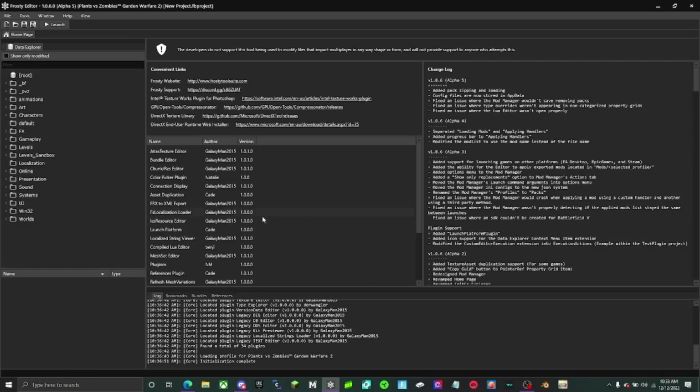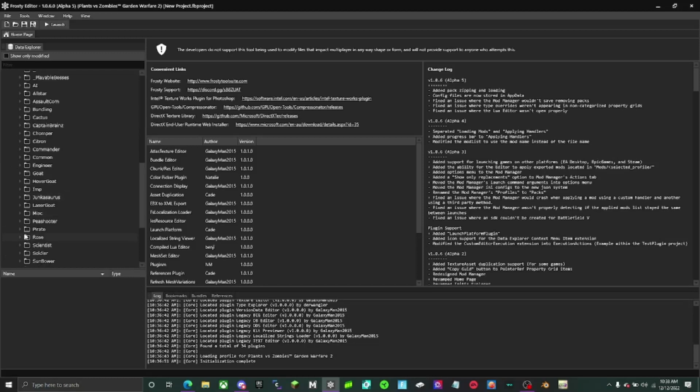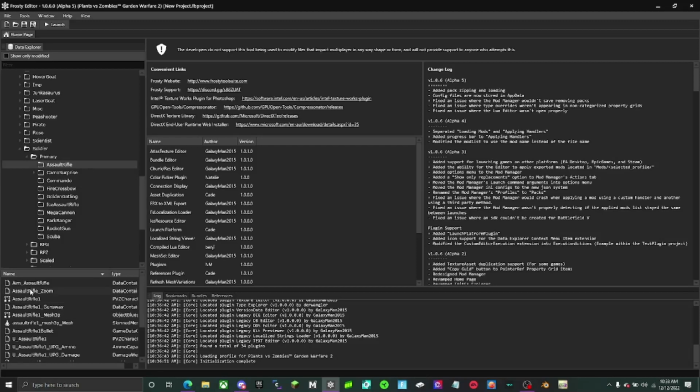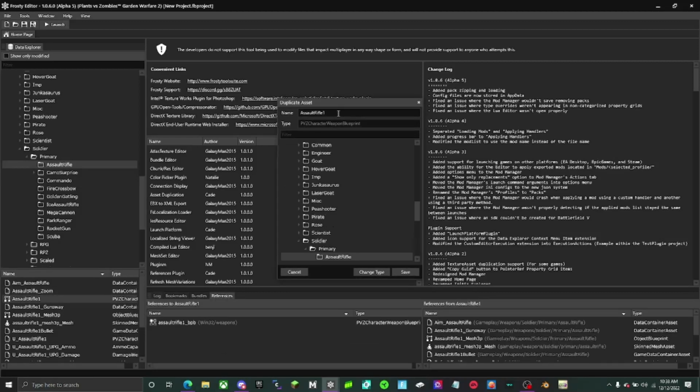Again, today I'm going to show you how to make effects for a custom weapon. Now, I don't have a custom weapon, but I'm just going to make one now, some custom effects that work with the Assault Rifle 1. So what you want to do is get the weapon blueprint, duplicate it,